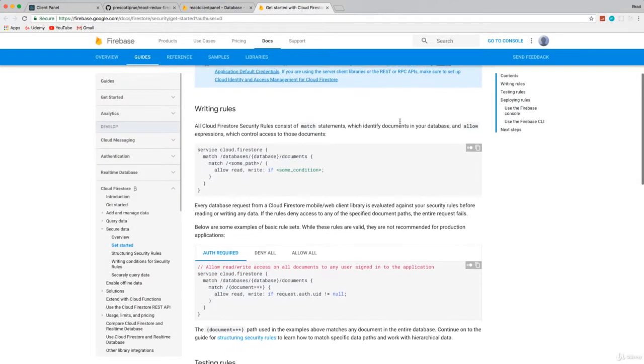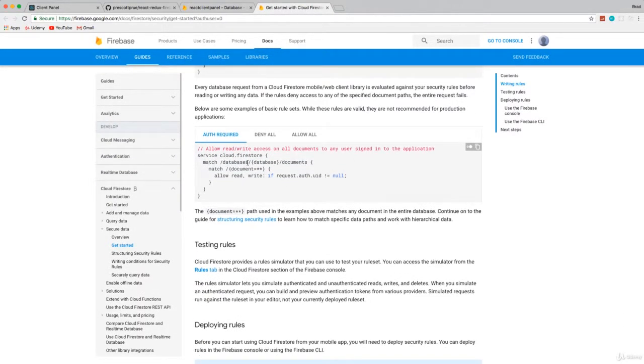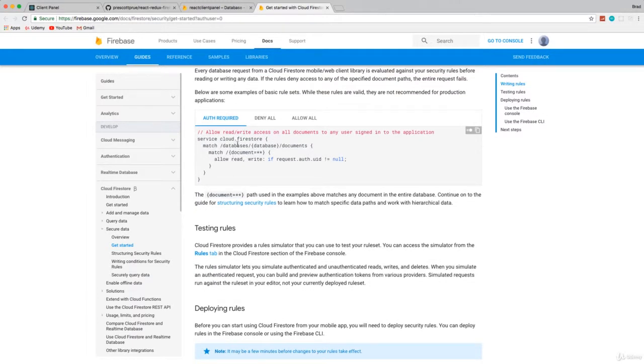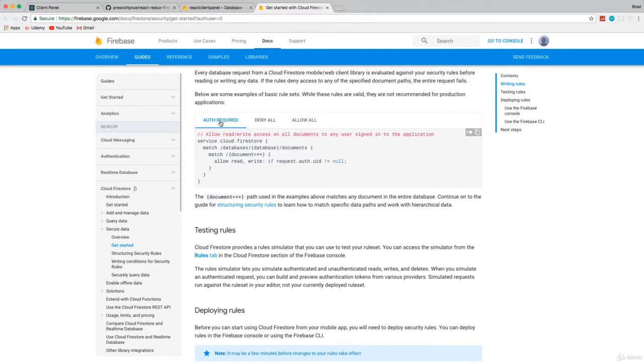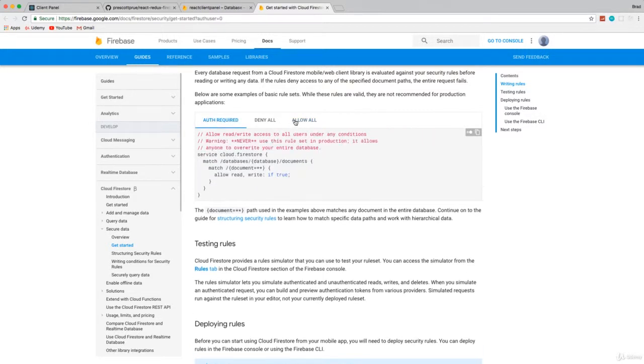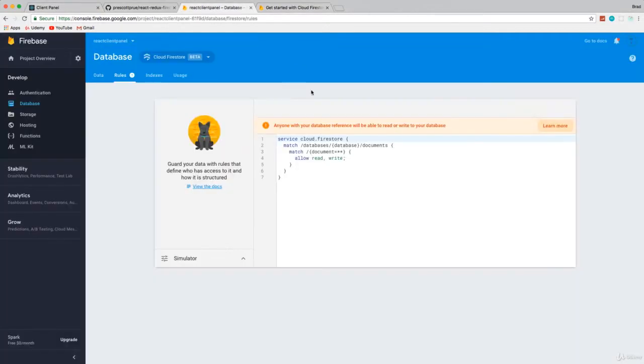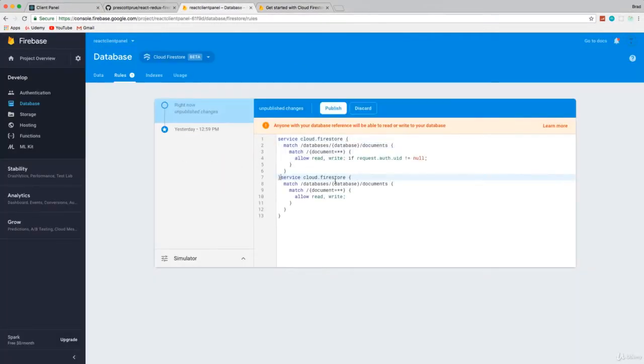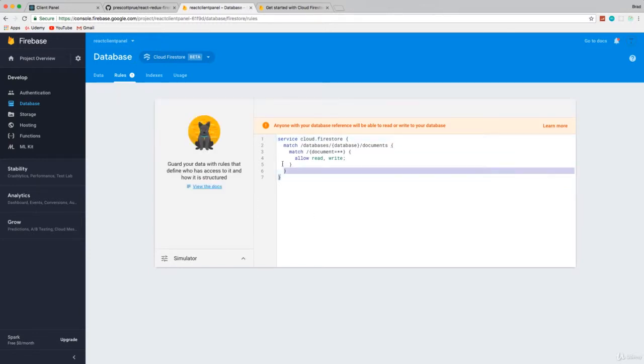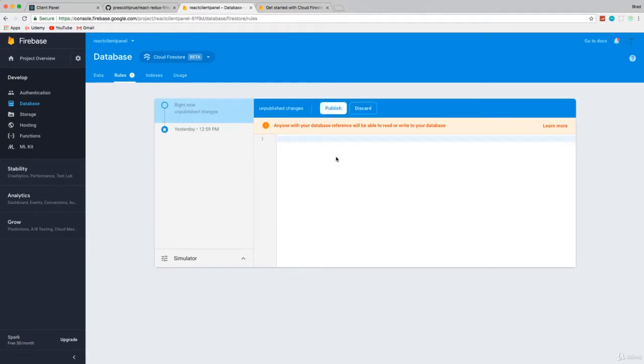And if that's not there for some reason, just go ahead and copy what I'm going to put in here, which is this. So this is auth required. Okay, so basically we have different sets of permissions. Auth required, we can deny all, we can allow all, which is what we've been doing. You can see that is what we actually have, but we want this auth required. So I'm going to grab this and copy this and go here and just replace what we have here. Whoops. Yeah, we just want to get rid of this first, and then let's paste in